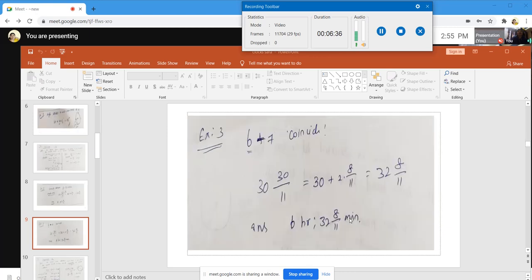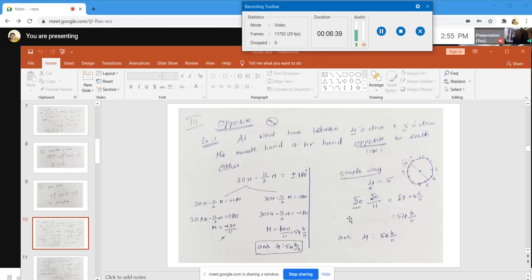This is one of the concepts. And what is the next concept? The third concept on clock is when the hands will be in opposite direction. The same thing. When the hour hand and minute hand will be in opposite direction. So the example problem: at what time between 4 o'clock and 5 o'clock are the minute hand and hour hand in opposite direction to each other? So we are going to follow the same method. Here they have asked for opposite direction. So what is the opposite for this 4 to 5? 10 to 11. So we have to consider this 10 to 11.